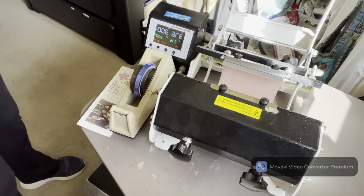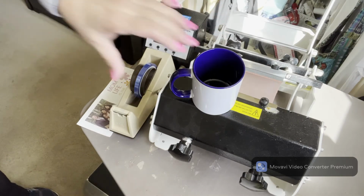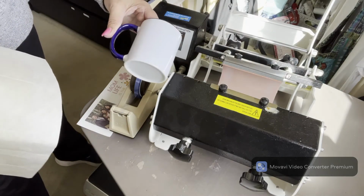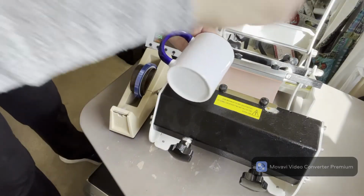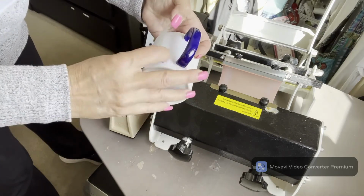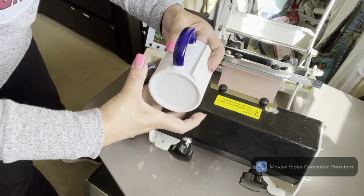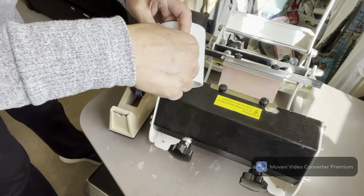Okay, so here we are ready to press our mug. We need to make sure that the surface of our mug is clean. You can either clean it with a little bit of water or clean it with a little bit of alcohol. It's to your preference. So we're going to go ahead and put the image here and wrap it around our mug. Make it nice and even. So here we go, and then we're going to go ahead and add our tape,